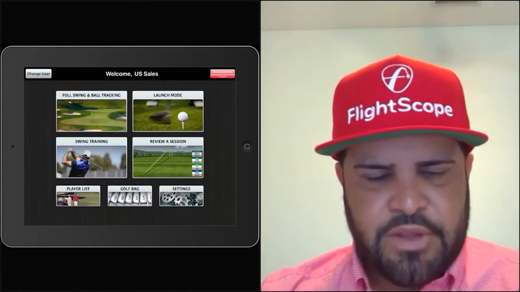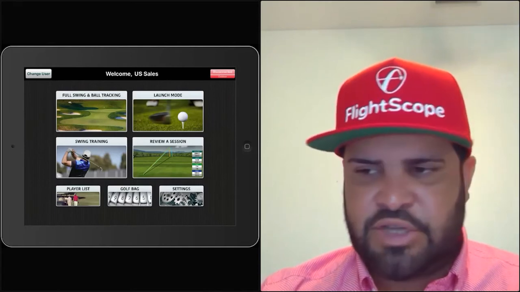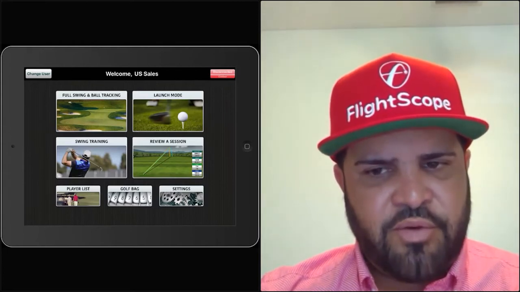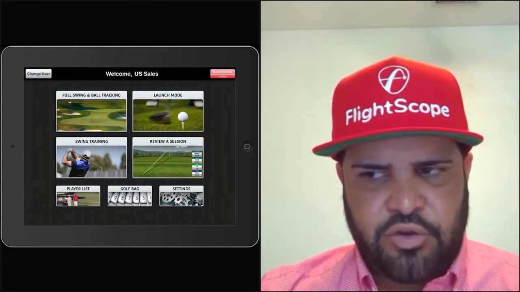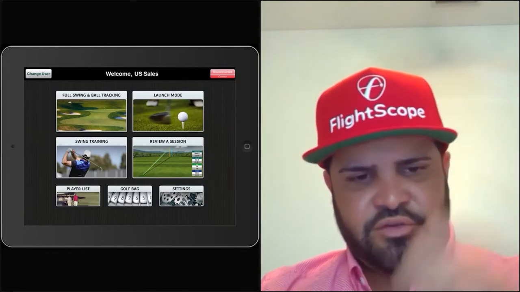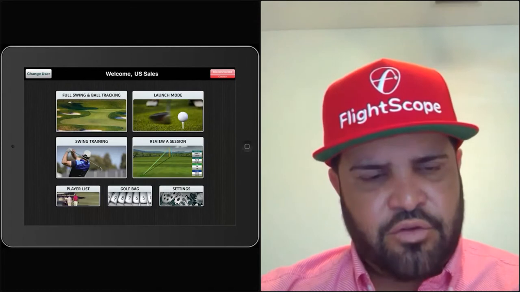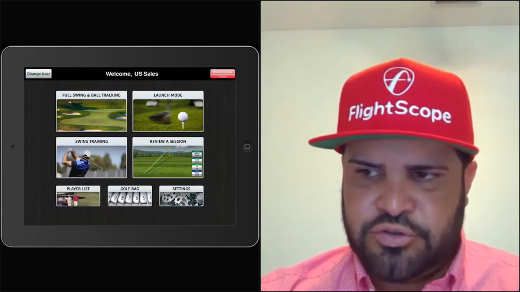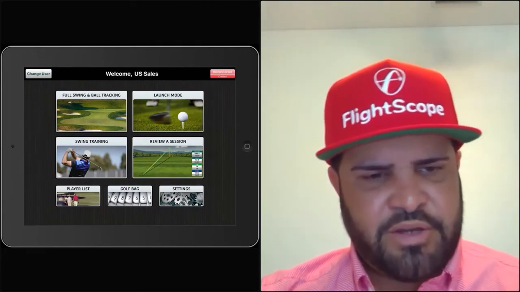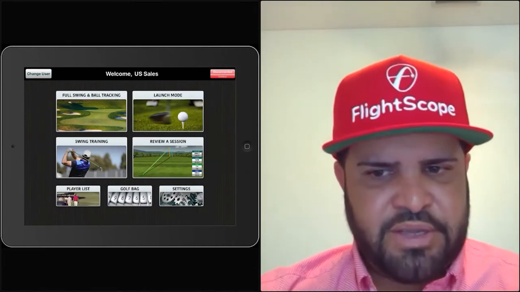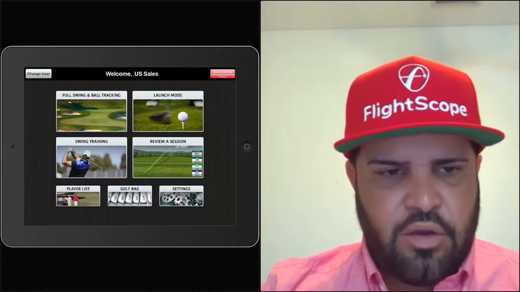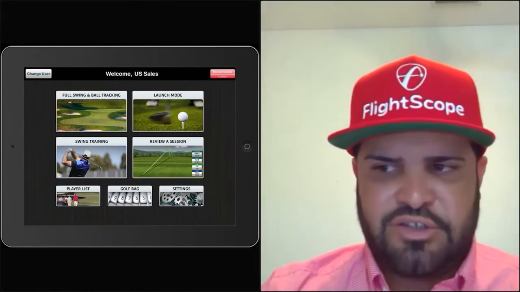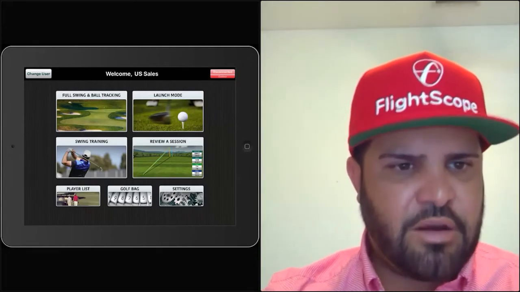Next, we have swing training. In swing training mode, you'll set everything up as normal. You'll select your club, and you will swing the club in front of the radar without hitting a golf ball. You'll stand in front of your radar and take swings down the target line, and it'll give you your horizontal and vertical swing planes as well as your club speed. This is used if somebody's working on their path or working on speed. We are going to be doing an update where if you're swinging either True Speed clubs or Super Speed sticks, you can go into swing training mode and get your speeds